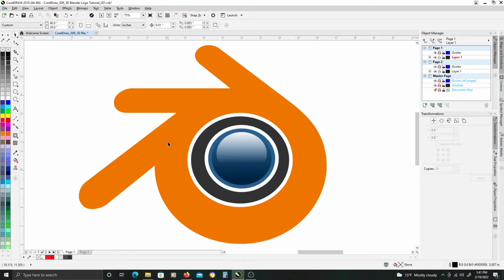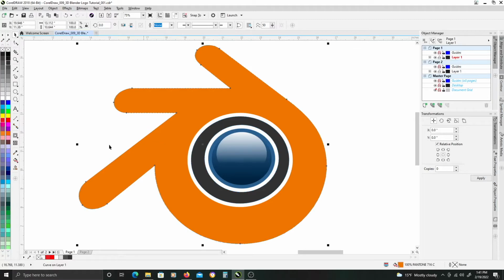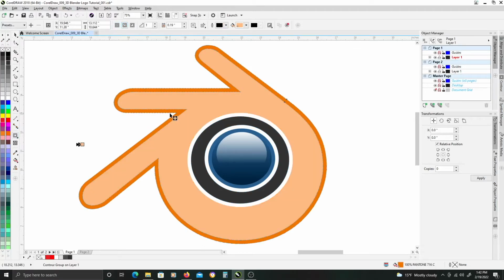And now we want to basically do that same process to get this object here that we did on the white. We want to do the same thing for the orange, so we'll go ahead and do our